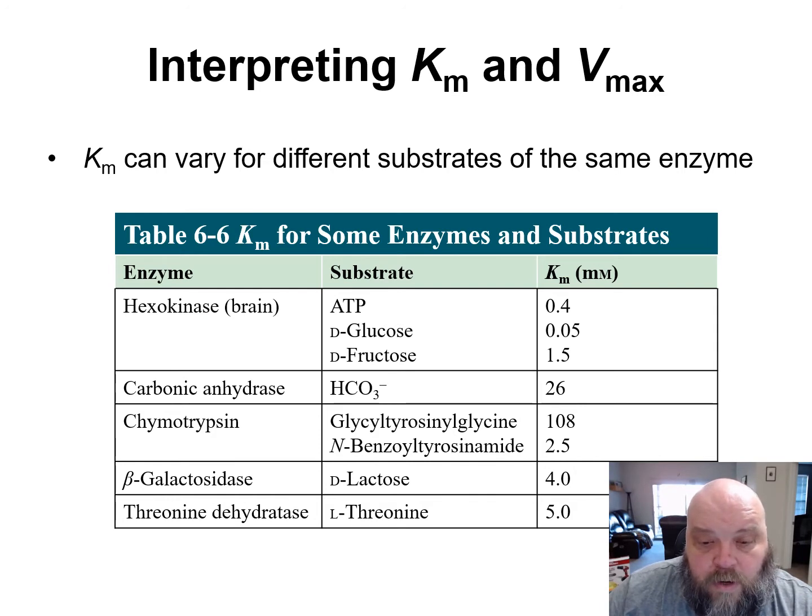Km for varying substrates and enzymes, you look. Beta-galactosidase, lactose its substrate, Km is 4 millimolar. Carbonic anhydrase, substrate, Km. Hexokinase. Hexokinase is second order, has two substrates, ATP, glucose, fructose. For each of those,